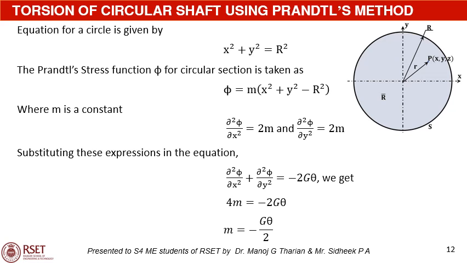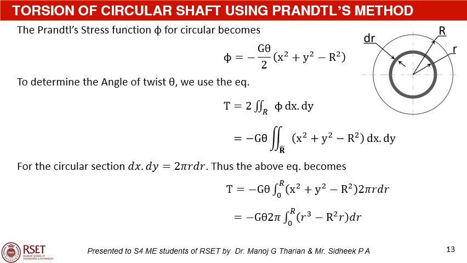Substituting these expressions in the equation ∂²phi/∂x² plus ∂²phi/∂y² equal to minus 2G theta, we get 4m is equal to minus 2G theta, or m equal to minus G theta by 2. Thus, the expression for the Prandtl stress function phi for circular section becomes phi is equal to minus G theta by 2 into (x square plus y square